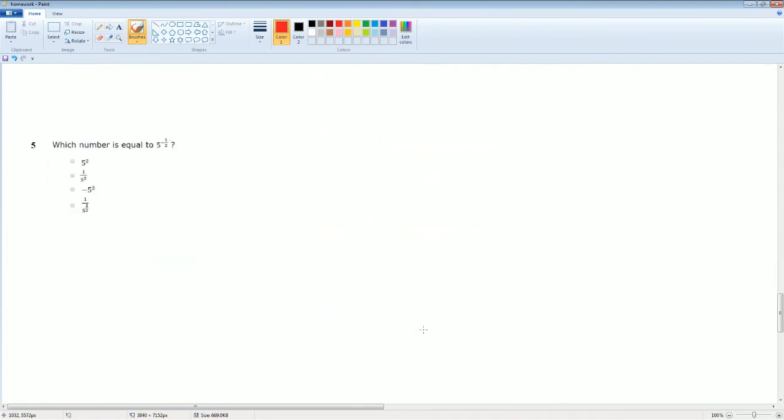Okay, number 5. Okay, this is the first time that you're dealing with this. Which number is equal to 5 to the negative 1/2? This is the first time that you are dealing with negative exponents. Okay, and you need to do something to deal with that negative exponent. What are you essentially doing with that negative exponent? Okay, so here's the core idea. Core concept